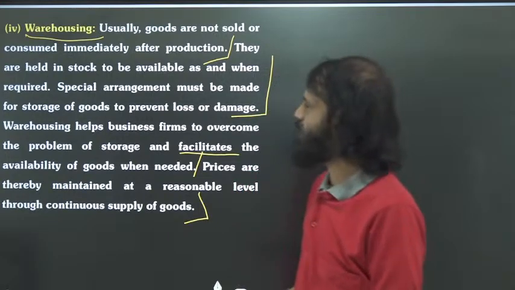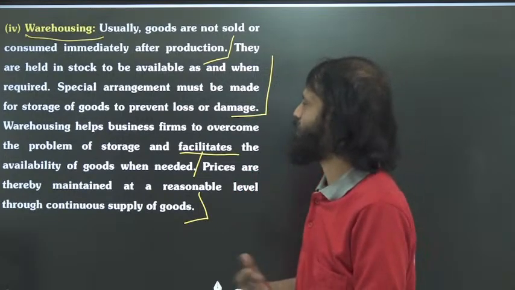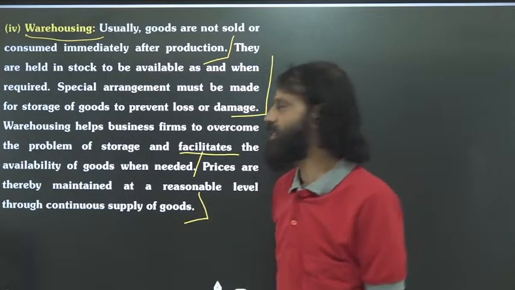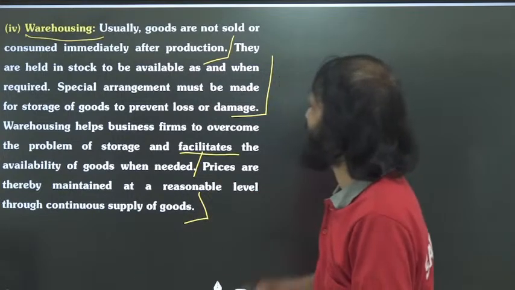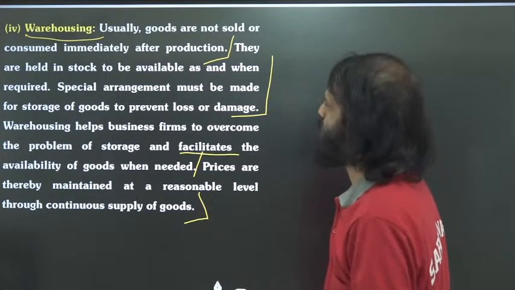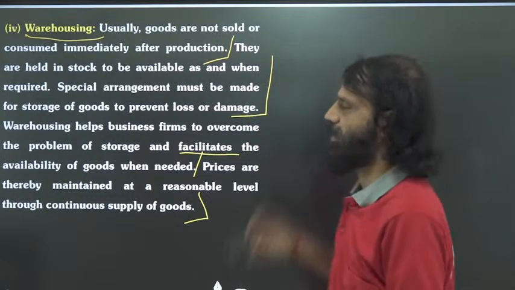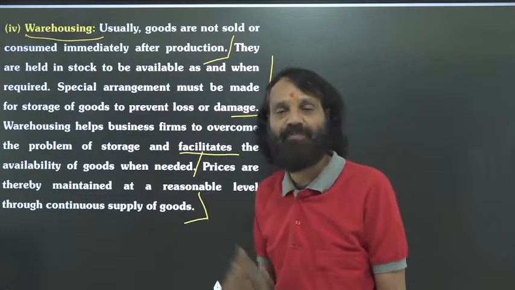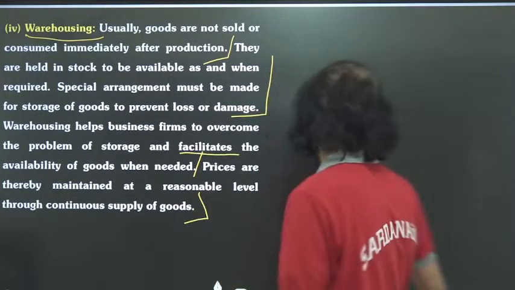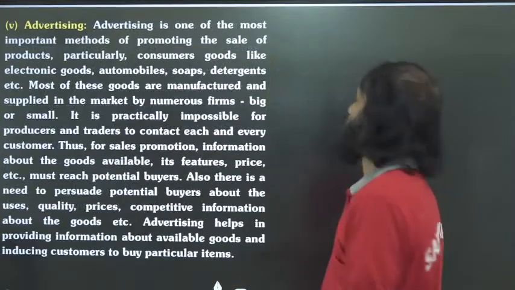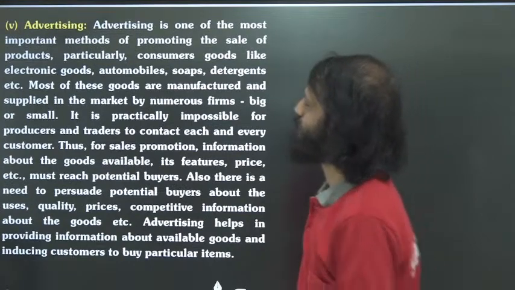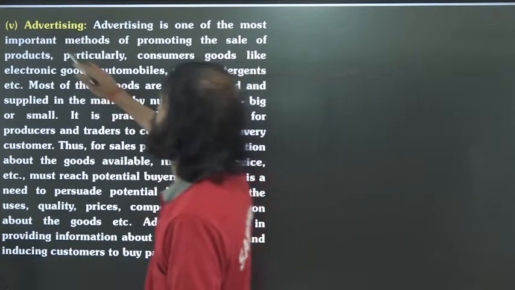So the products can flow in the market from time to time. That's what actually, time to time without any delay, the products can be distributed in the market. That is why all producers opt for warehousing facilities. So now we can move on to the next point and understand another factor which is promoting